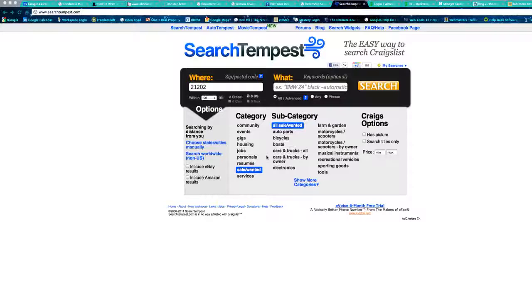Craigslist ads for possible landlords. We are going to email and/or call them, and you'll just start out at searchtempest.com. You'll put in the zip code of a downtown Baltimore zip code. I'm going to use 21202, 50-mile radius. Make sure eBay and Amazon results are omitted, and we want to go into housing,